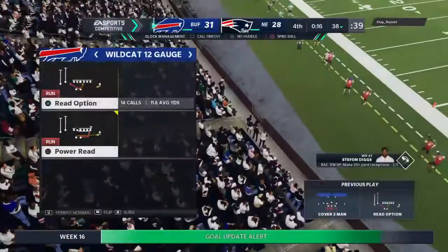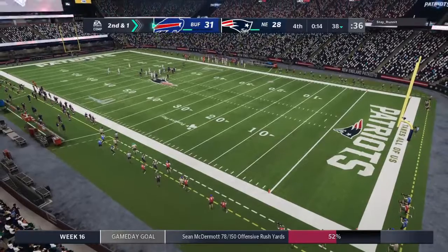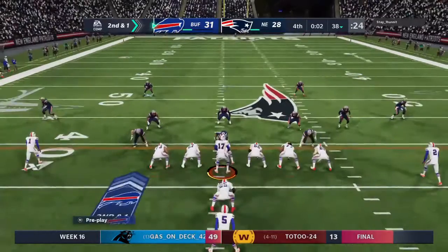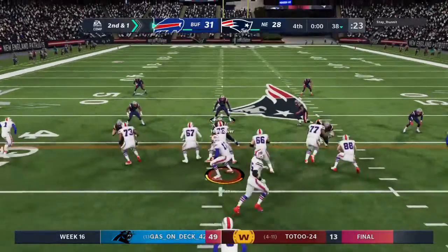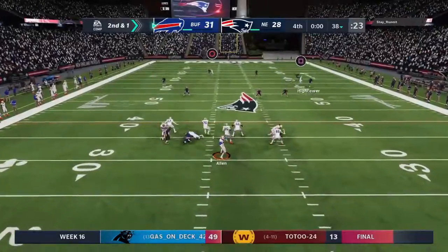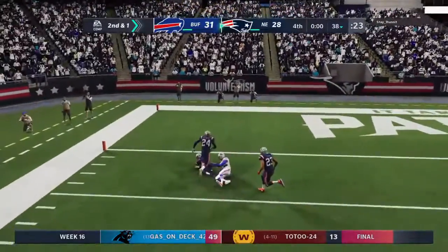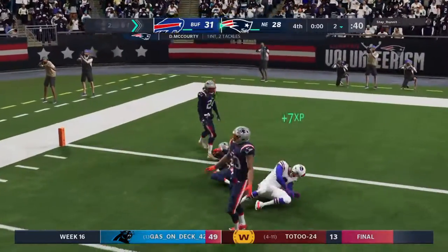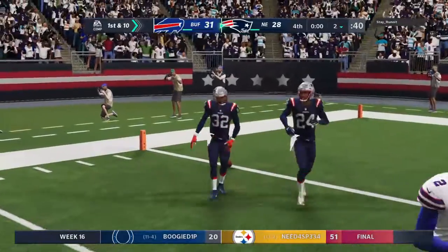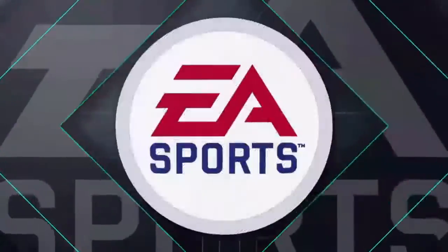And he's going to get a solid gain of 9 before being brought down. 38-yard line. It's a gain of 9. Brings up 2nd and a yard. So Allen's going to look to throw. He's going to loft one deep left side here. And Allen going to be intercepted for the 3rd time. Devin McCourty picks it off. Tonight's final score, Bills 31,